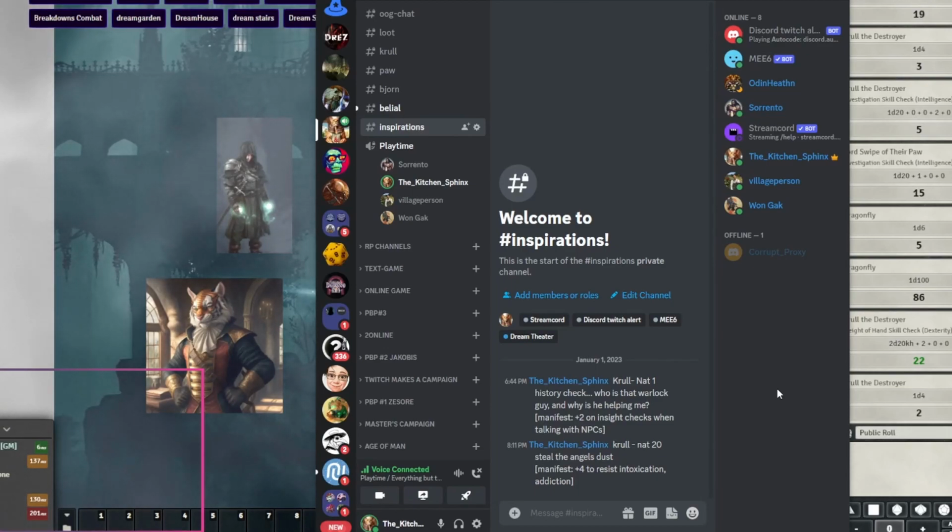And you get what the effect is there. So for the nat 20 to steal the angel dust, because you remember this, it becomes a part of your personality. You could use this to resist intoxications and addictions, which could help you if you needed to drink that strong whiskey. You could manifest this and then get the bonus to resist the whiskey's effects. So, are these one-time effects, or are they permanent? They are good for the whole game. You can use them once and then they go away, but when you use it, you get the effect for that whole game until the end of that game.